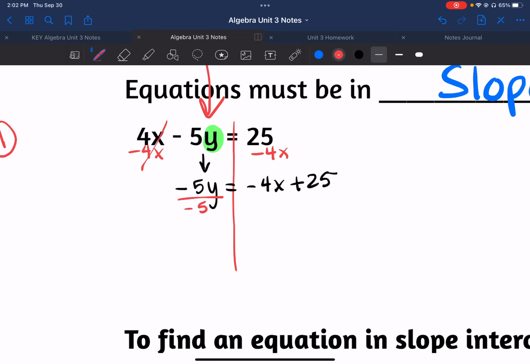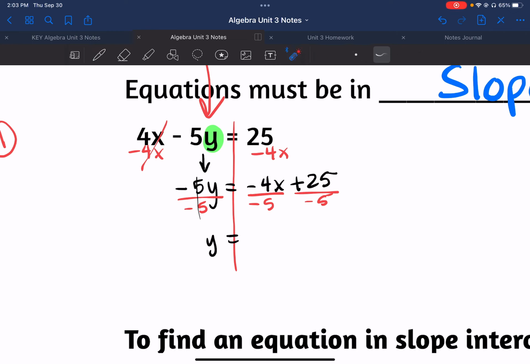What you do to one side, you must do to the other side. Now remember, you have to do this twice because there are two terms over here. You can't just divide the negative 4x by negative 5 and not do the 25. Because there are two terms over here, you have to divide both of those numbers by this negative 5. What do we have left? That cancels out. y equals